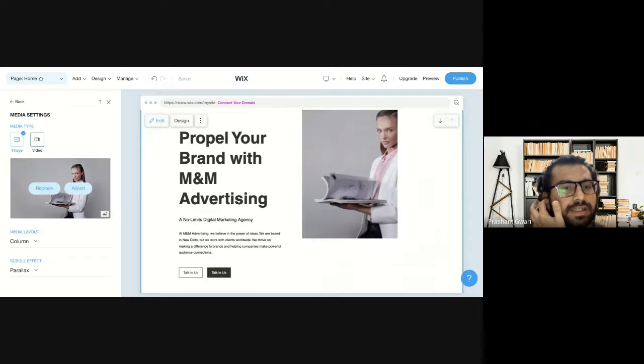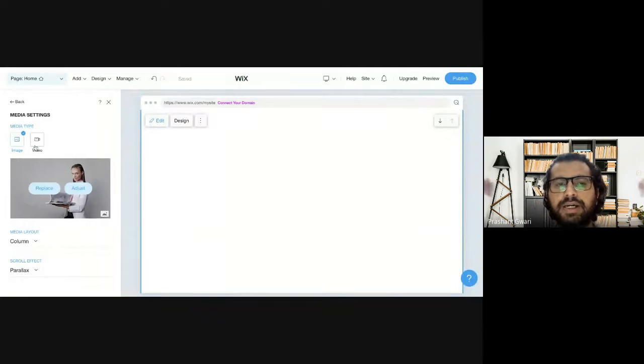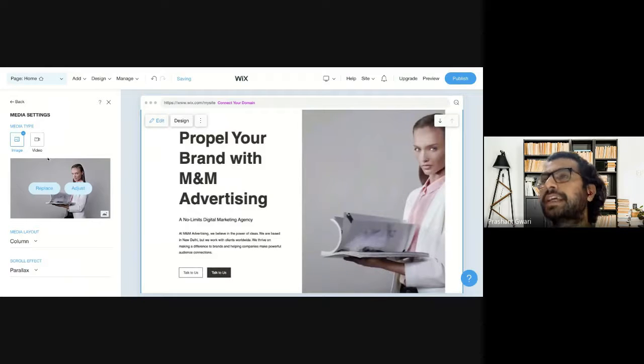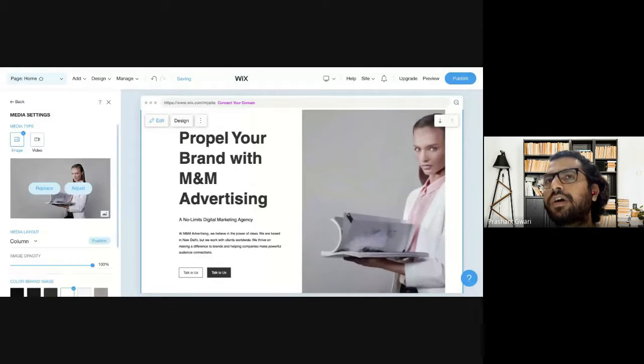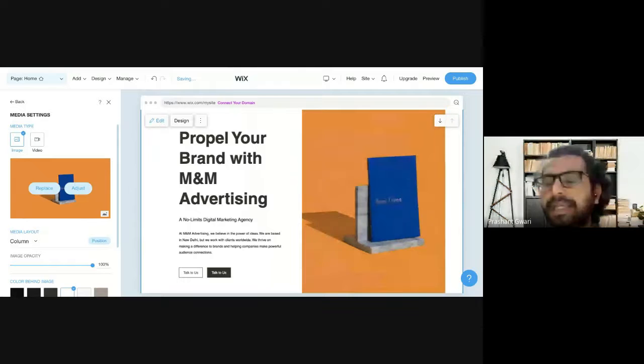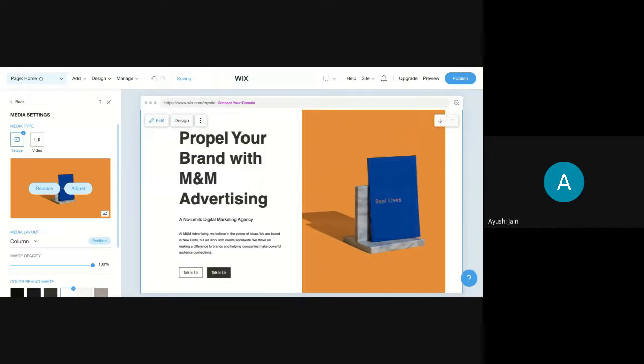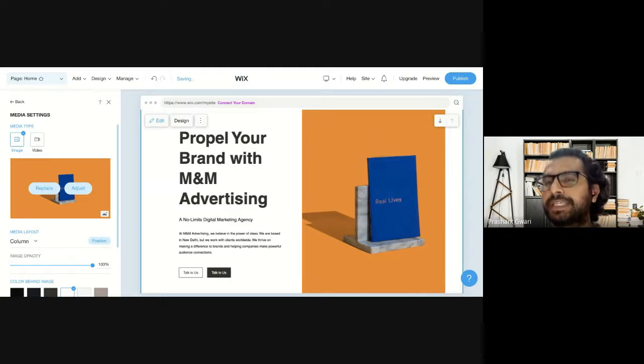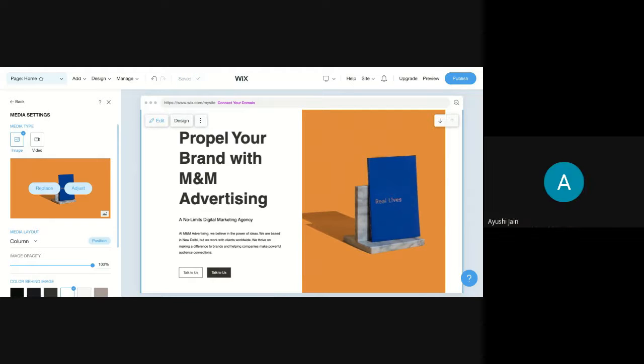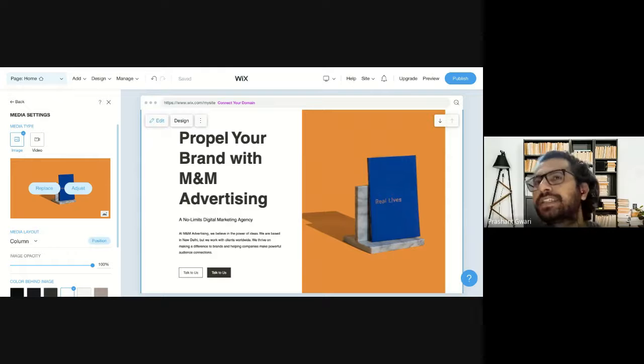Now the second thing is that when you are uploading images, you also have to pick the size and the format of the image. For example, when you are uploading a logo on your website, you will go with the PNG format, which is a high resolution format.